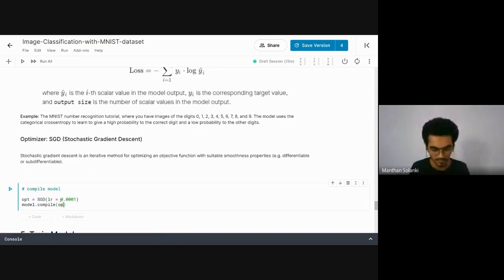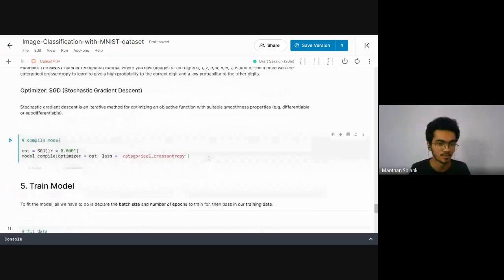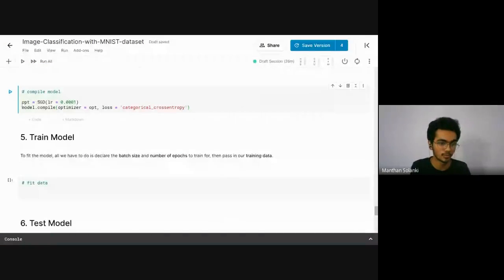I am passing optimizer is equal to opt, and loss is equal to categorical cross entropy. So this is the loss and the optimizer.